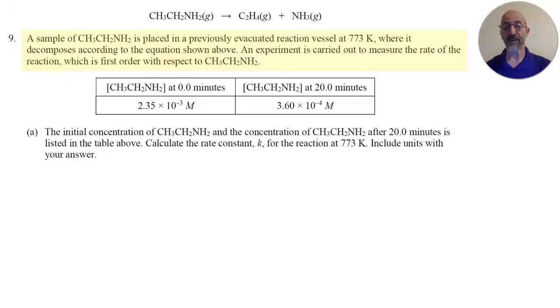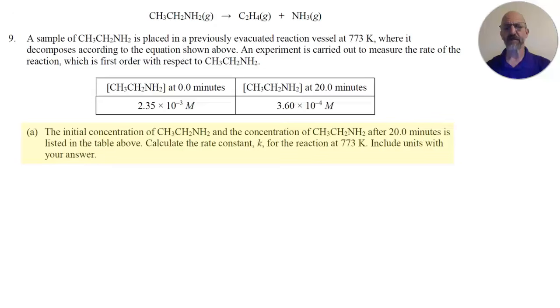But we're not going to use half-life to do a calculation in part A. We are given the initial concentration of ethylamine, and so that works out to be 2.35 times 10 to the negative 3 molar. And then we're also given the concentration of ethylamine after 20 minutes, and that's 3.60 times 10 to the negative 4 moles per liter. So 20 minutes is not the half-life. It is simply a future point in time in which the concentration of the reactant has decreased. Now, they say calculate the rate constant for the reaction at 773 Kelvin, include units in your answer,